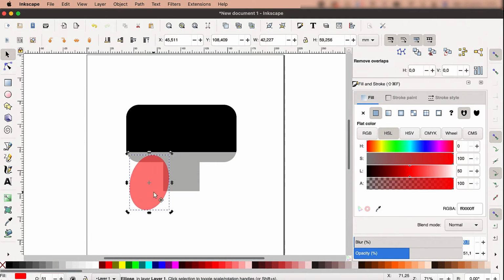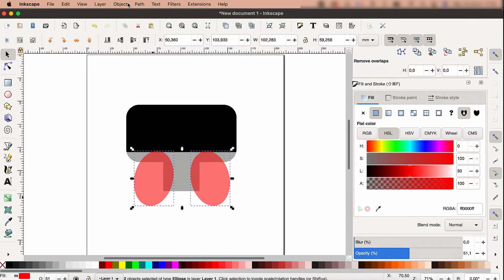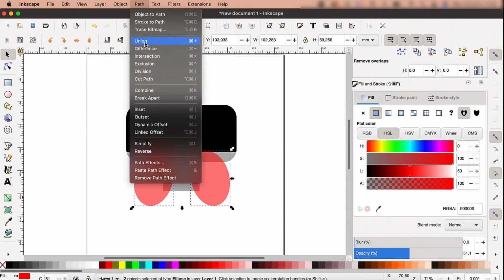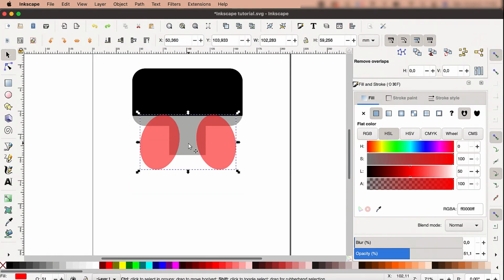Select it and right-click on your mouse to duplicate it. Click on the orange vertical arrow in the menu to flip vertically the second round. Drag it on the right to place it on the other part of the stand. Select one round, press Shift and pick the other one. In the menu, go on Path and choose Union. Now press Shift and select your stand, so go on Path and choose Difference.